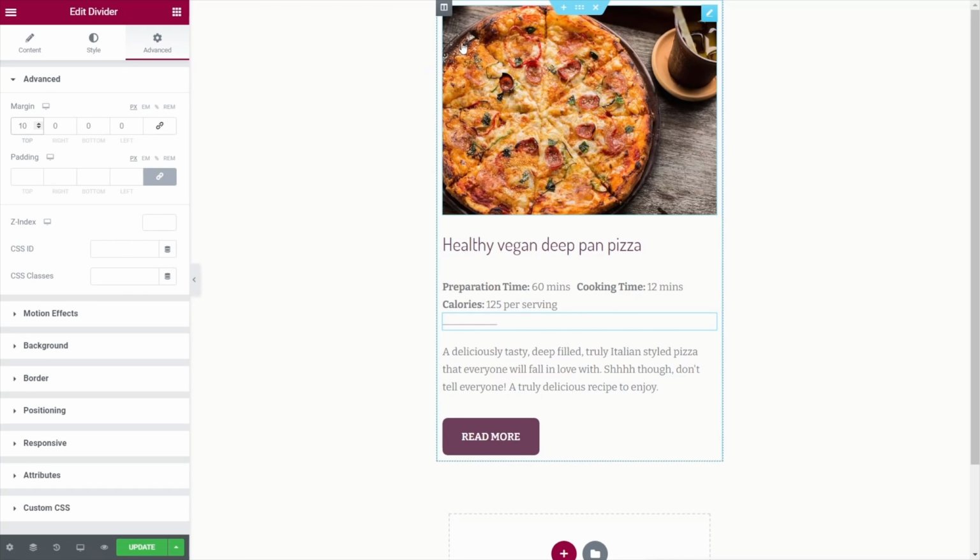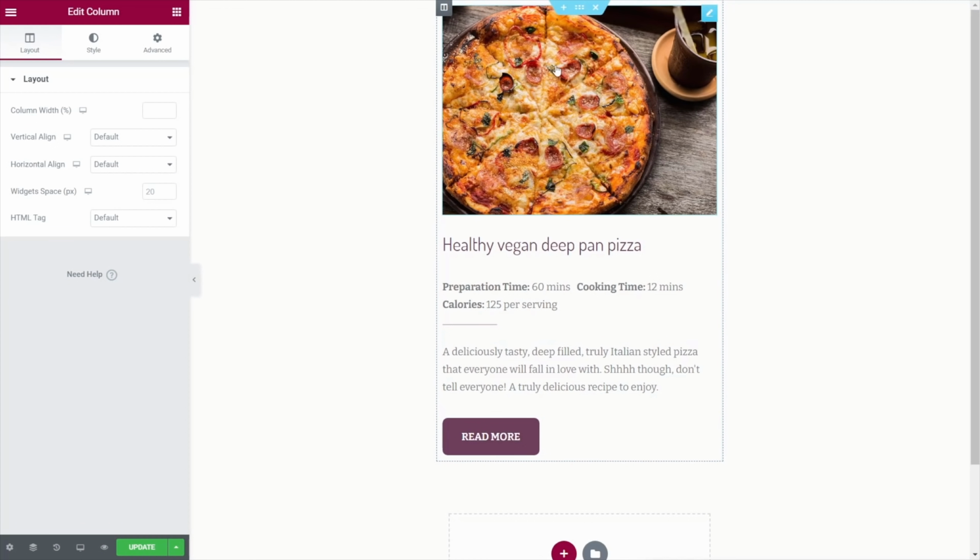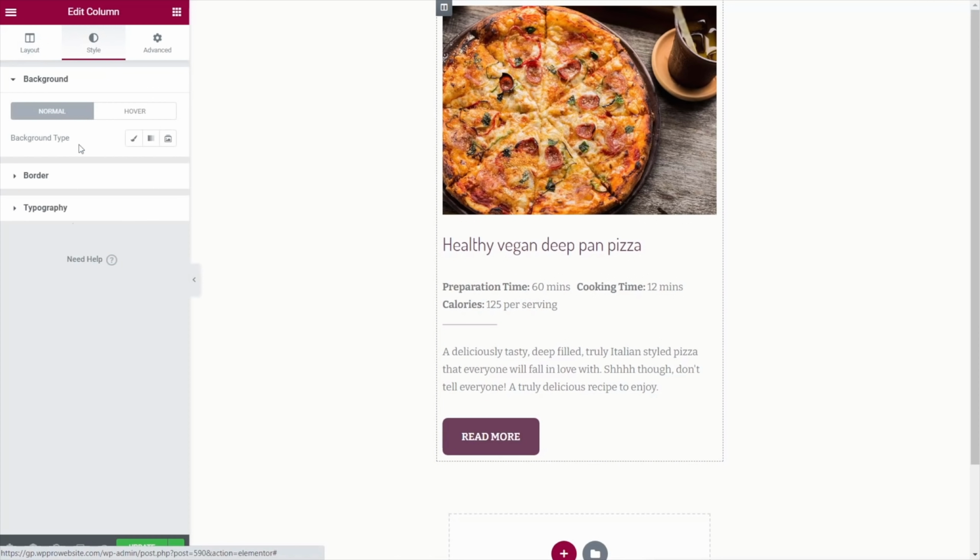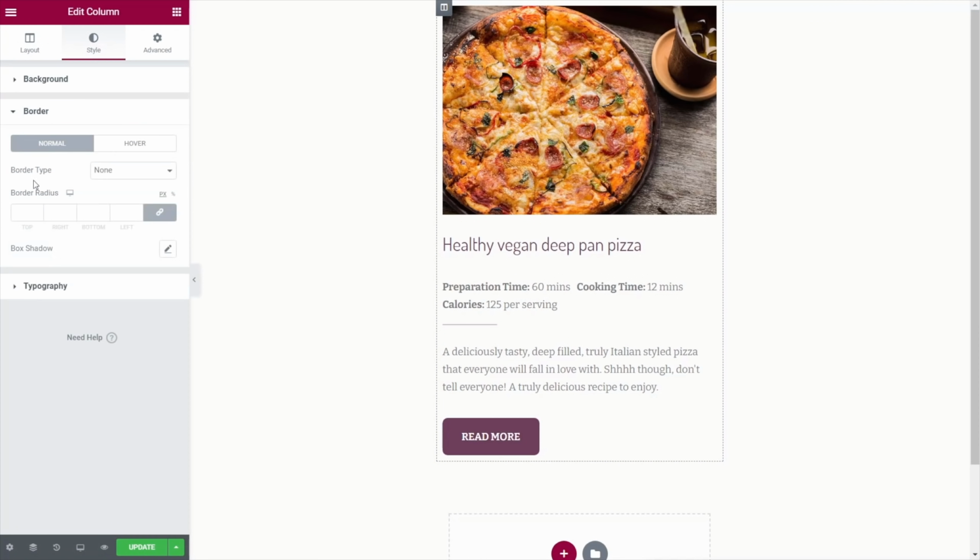Now, the last thing I want to do is just style the container this is going to sit in. Just select the container. Once we've got the container selected, we can now apply some styling. So we're going to come over to our style, and inside here, we're going to go into our border. We're going to put a border radius because I want to round the corners off just a little bit. So we're just going to set those again to 8 so it matches the button. Now you won't see anything at the moment because there's no way of seeing the difference between the actual container